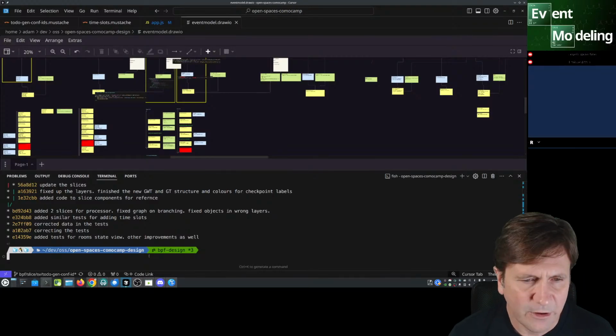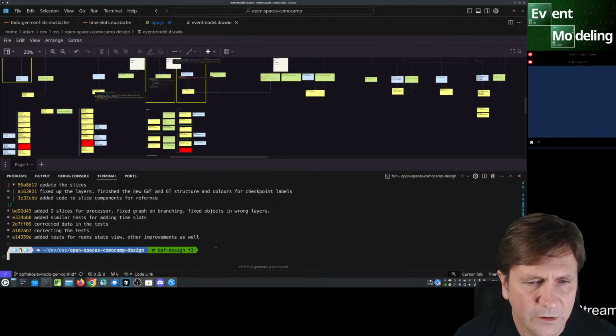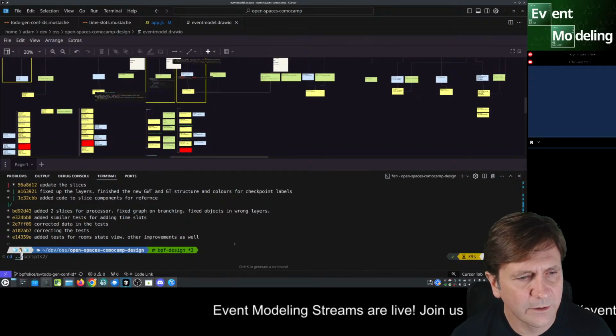So that's fixed the problem that we finished off last time, and let's jump into the code. We're done with the design. That's another work tree, so we can go back to